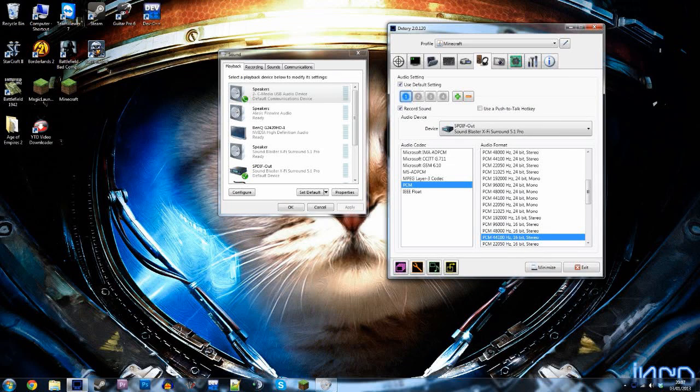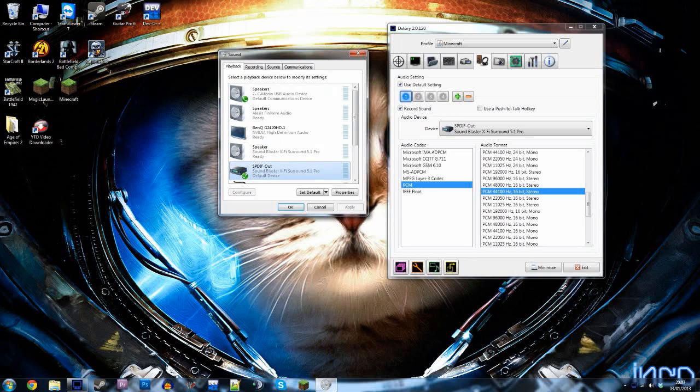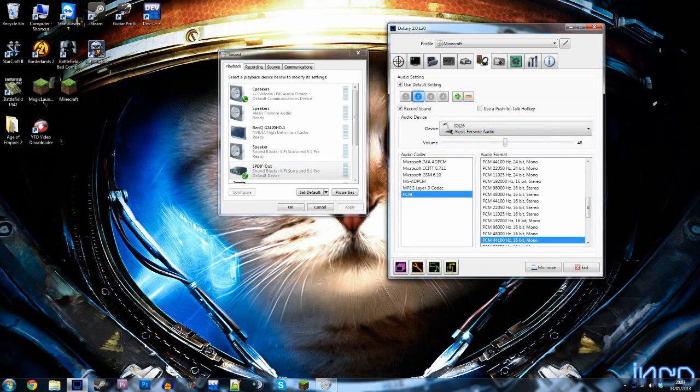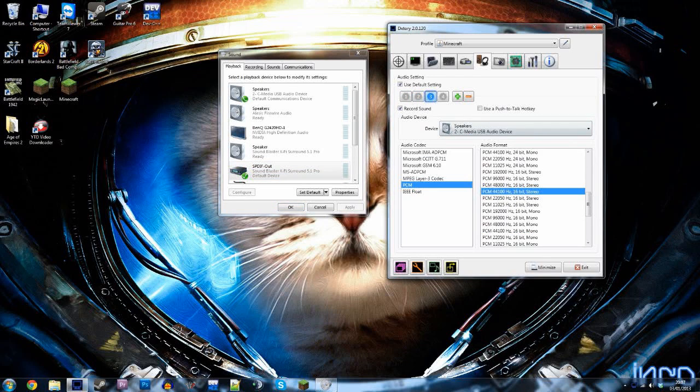So here we are in DXTory, and as you can see, it allows us to create separate audio channels, and this basically records a separate audio stream into the video for whatever source you're getting it from. So for channel 1 I have my game audio, because this is set as my default device. The game audio comes out of here. It's great, the game audio goes through there. Number 2, I've just got my microphone, so I just get my mic there, and number 3 is my communications device. So if I go into TeamSpeak